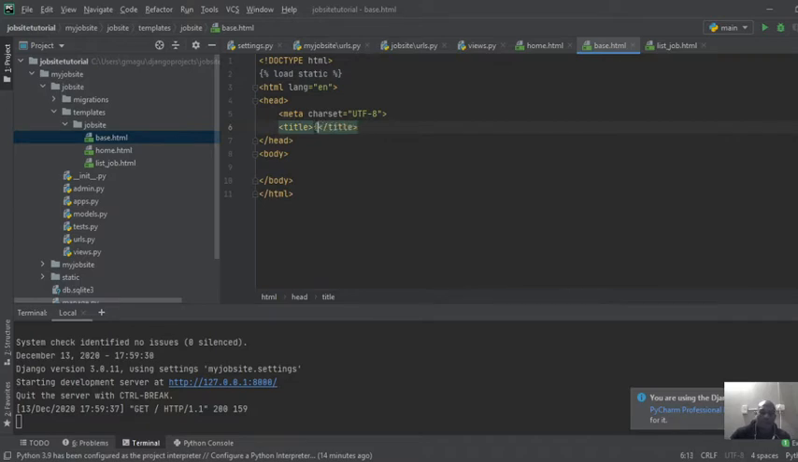This tag is used for specifying the title and stuff. So it's block title, then here you say end block. Block title and end block. Here we have to say, for example, we just need to